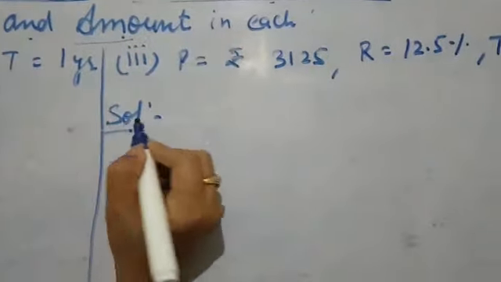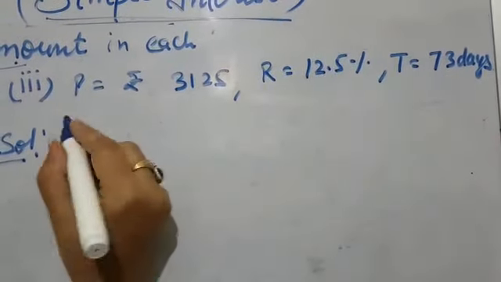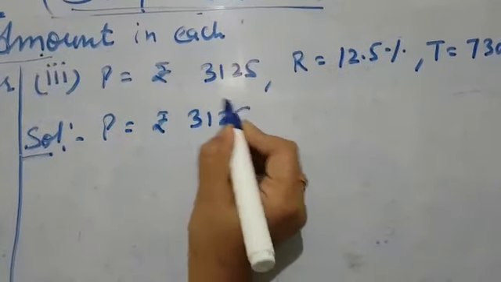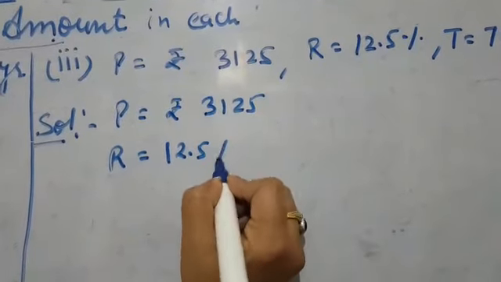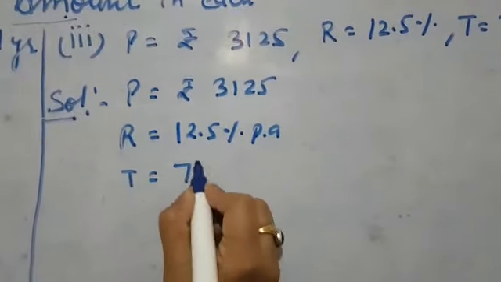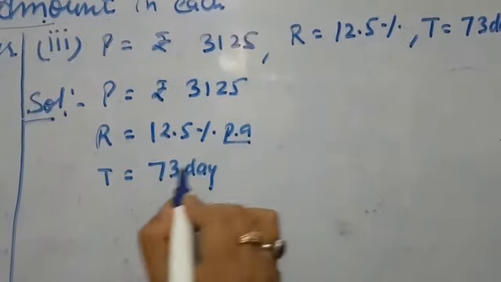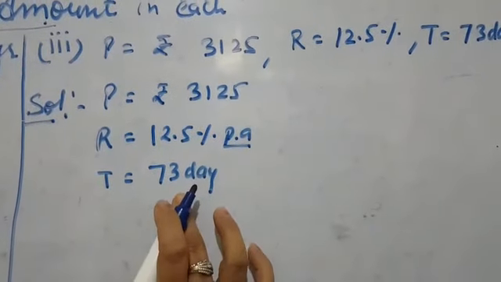Third part is a little bit different. Why? Because the time is given in days here, so I'm going to solve it for you. Rupees 3125 is my principal. R is 12.5% per annum and T is 73 days. R is per annum, which means we have to charge the principal for 1 year, and the time here is 73